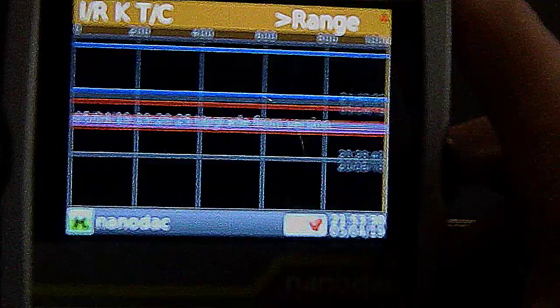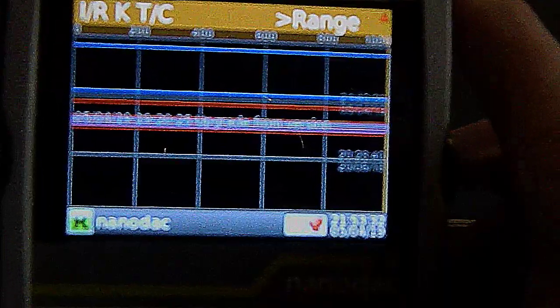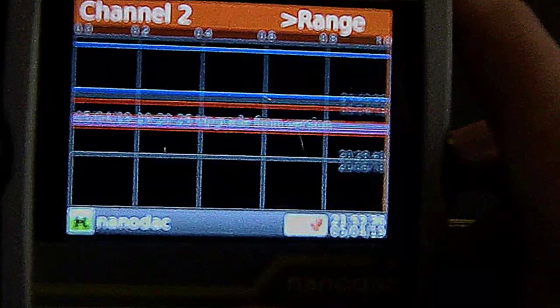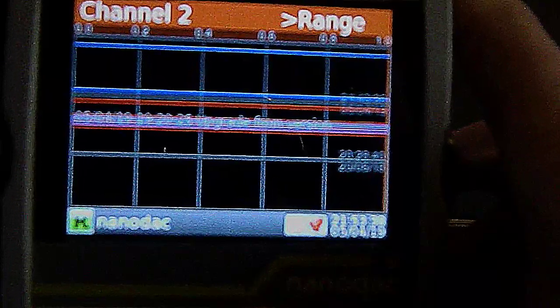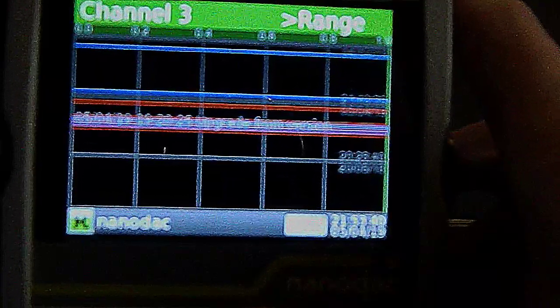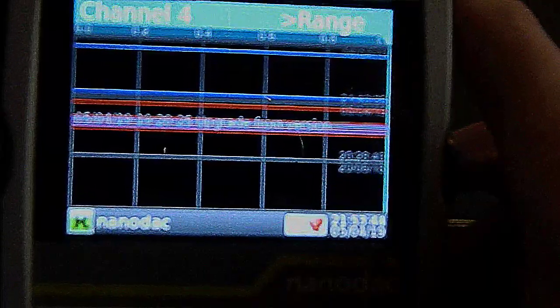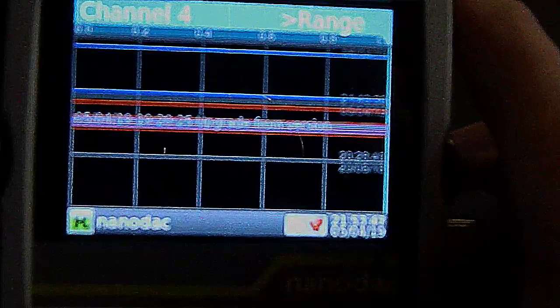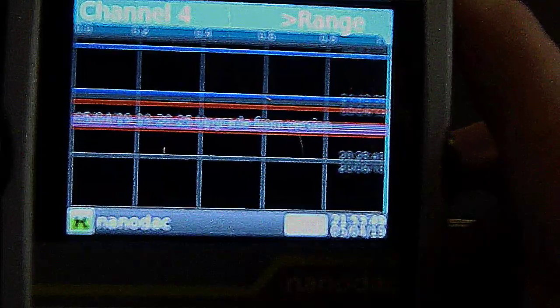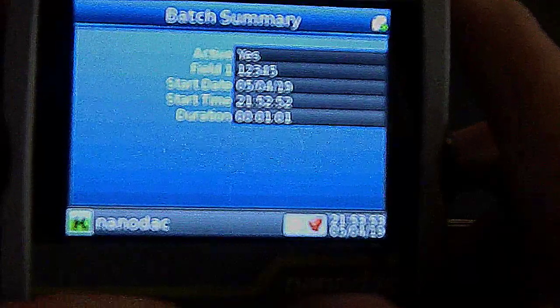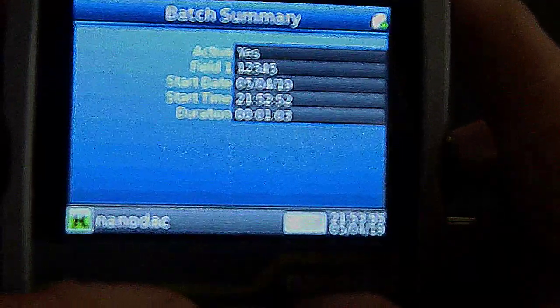Eventually, it will scroll down and it will show you that I am running a batch, so it's going to time and date stamp that batch number, and once that rolls off the screen, you can go into history mode, see it again, but normally you're going to use our reviewer software and search for that batch field. That's really it. The next batch, you go back to your batch summary,